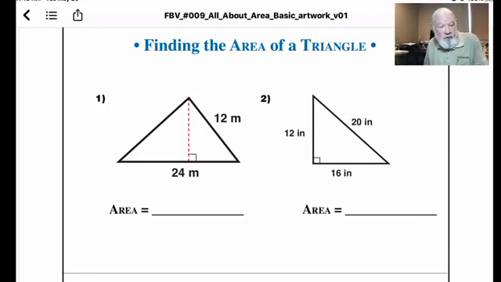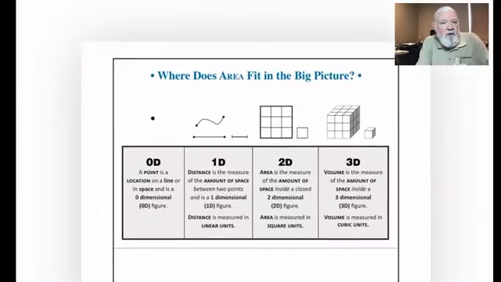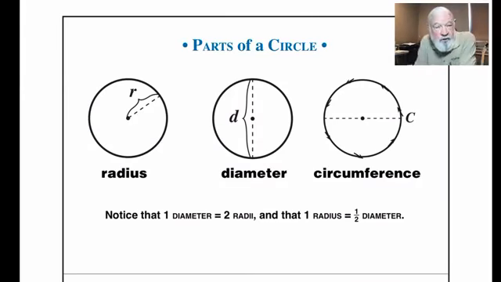Okay, the last figure we're going to take a look at today is the circle. And the deal with the circle is very different than a rectangle or a triangle. So the first thing we need to do is identify some of the vocabulary of circles. A circle is a set of points that are all the same distance from a center, from a given point. And that distance, we call the radius.